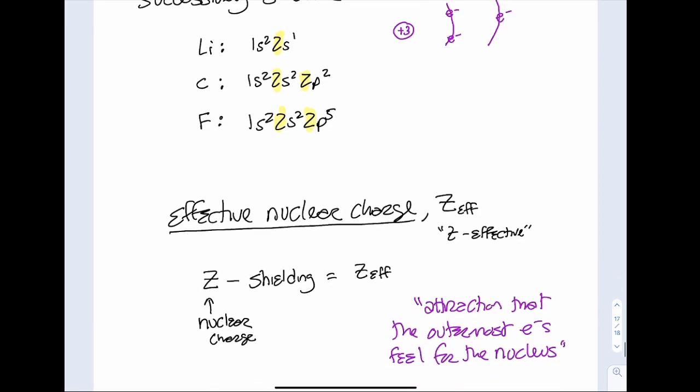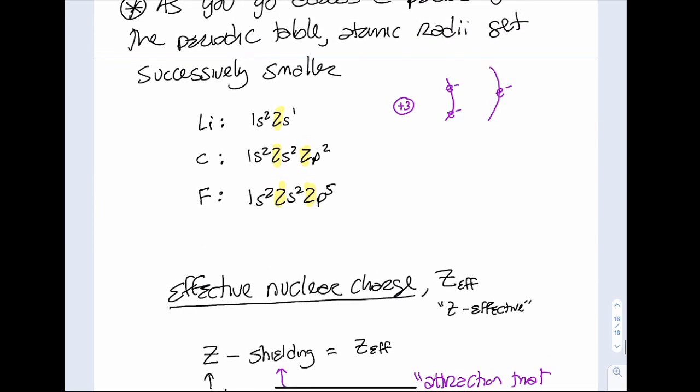So what shielding is, is the repulsion felt by inner shell electrons. Remember, our nucleus has a positive charge, my electrons have negative charges. So all of those electrons are attracted to that nucleus. However, this electron is actually slightly repelled by those electrons. So this electron out here in the outermost shell doesn't feel the full attraction to that nucleus that it would if those inner shell electrons weren't there. So essentially these repel the outer shell electron,